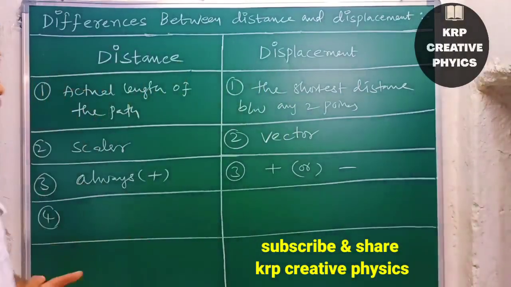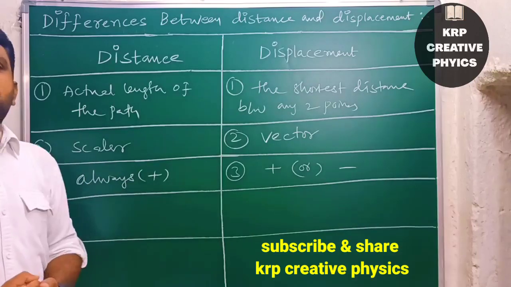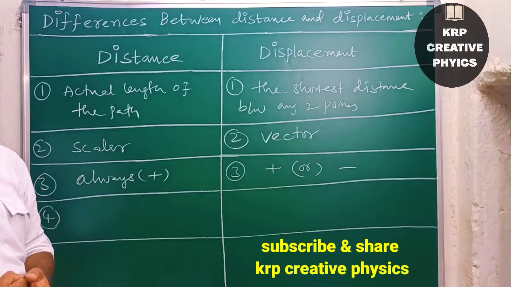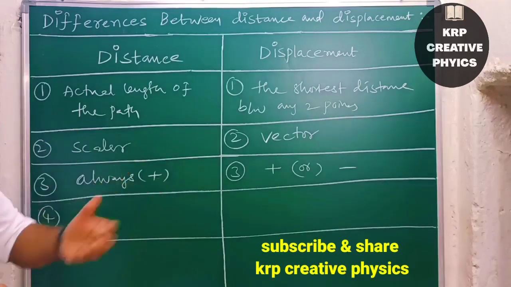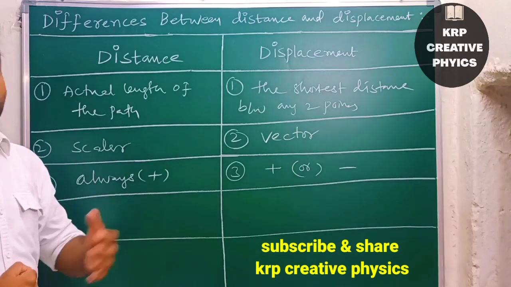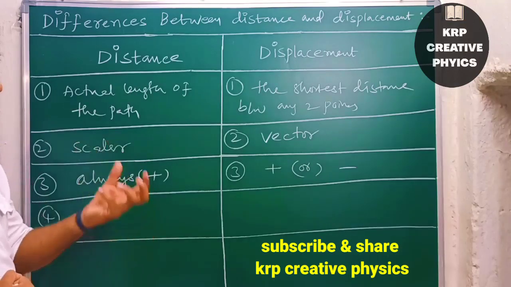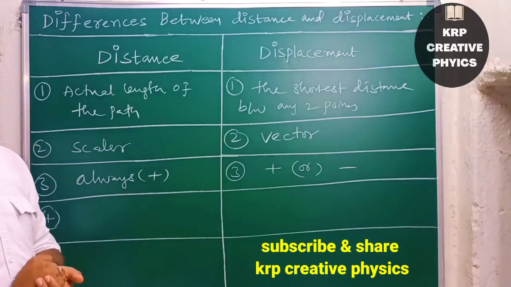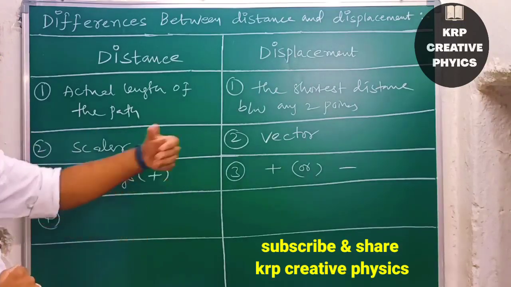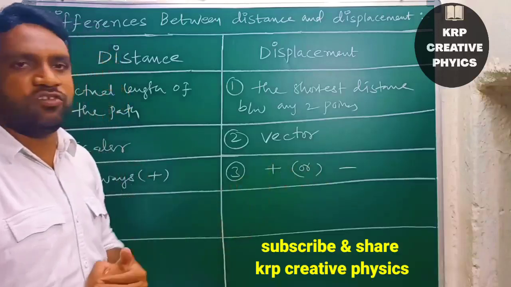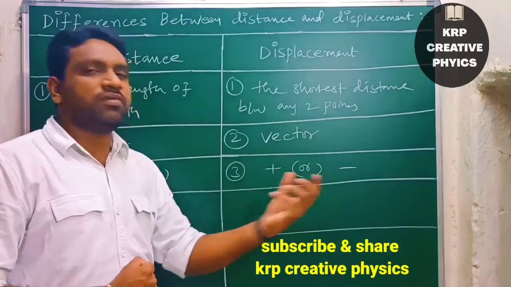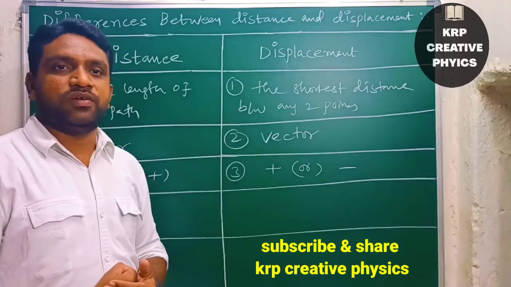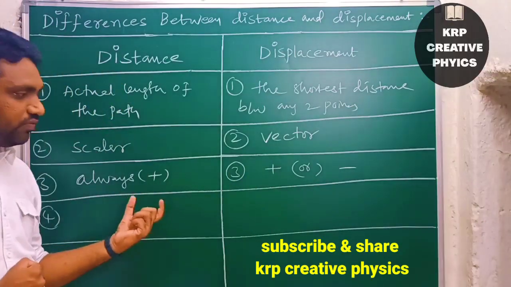If we consider the fourth difference, when we are going to find the total distance, what do we need to do here? We just need to add the individual distances in the normal manner. So the algebraic sum of the individual distances gives the total distance. Then how to find the total displacement or net displacement? It is nothing but the vector sum of individual displacements.